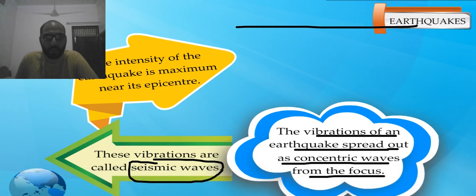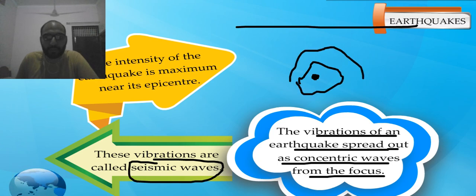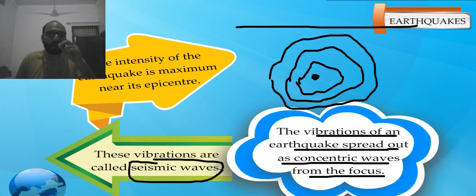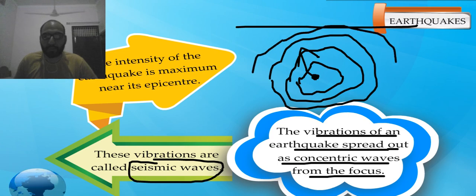Suppose this is the surface of the earth, and this is the interior of the earth, this is the focus. From where the earthquake originates, you will see that it will generate waves in the form of a circle. Just see, drop a stone in water, you will find that it makes waves which are moving outside. This vibration